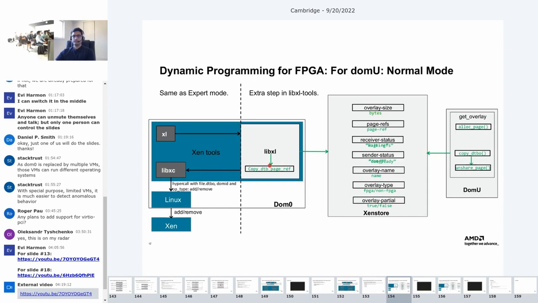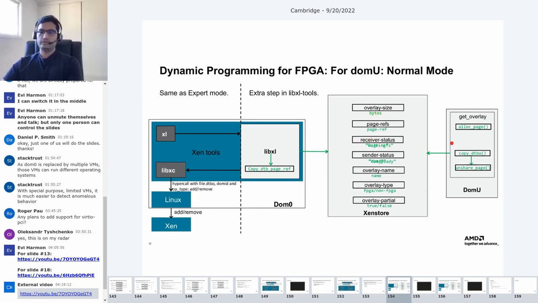Just the libxl has an extra step, and what it does is that it waits for a get overlay application to start from DOM-U, and that application creates a few entries in XenStore to exchange the data. And so get overlay first writes, where by sender we mean libxl, and by receiver we mean the get overlay part. So it writes the initial status to these,